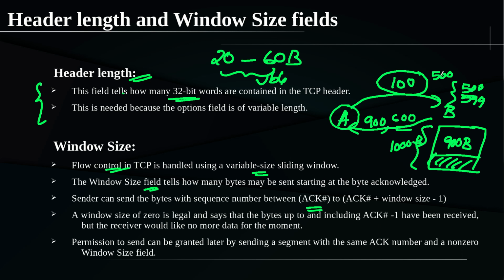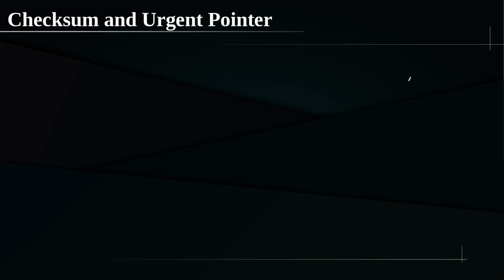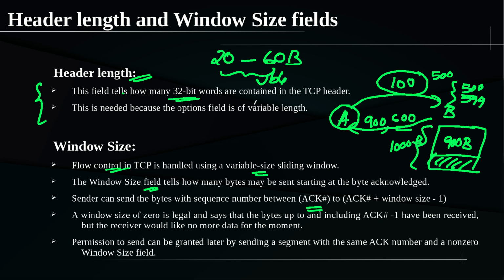The sequence number of the first byte, let it be 500. I'm just taking an example only, and the size of the message be 100 byte. In that case, the receiver received sequence numbers from 500 to 599. So the last received sequence number is 599 plus 1, that is 600, will be the next expected sequence number. So typically that is the value we are keeping as the acknowledgement number. Hope that concept is clear.